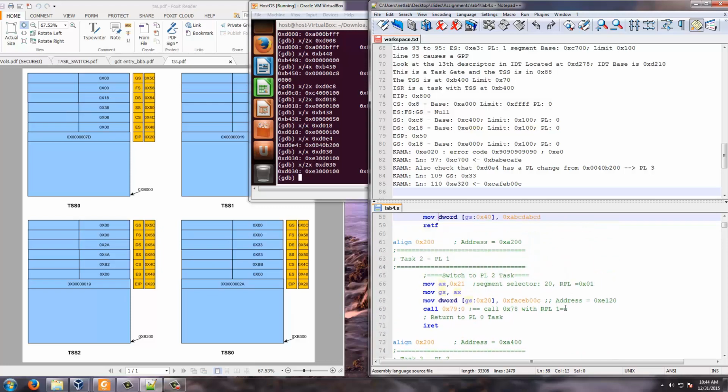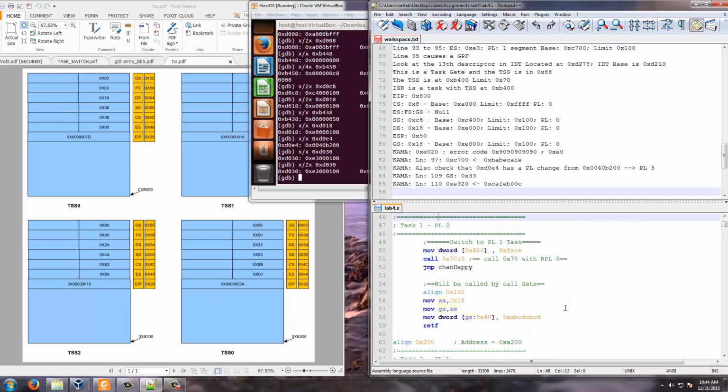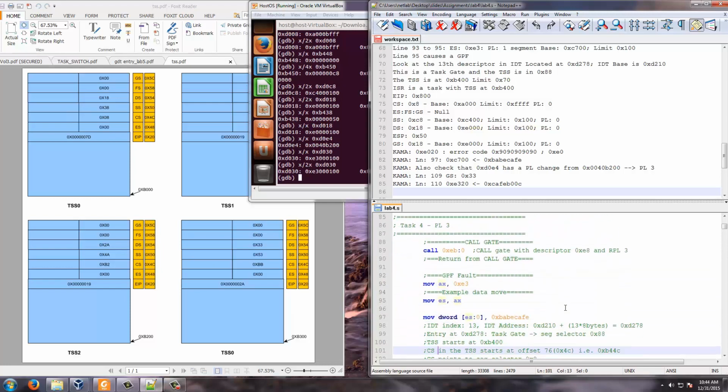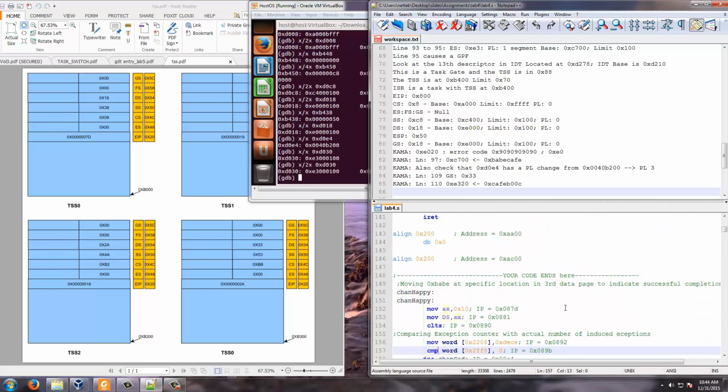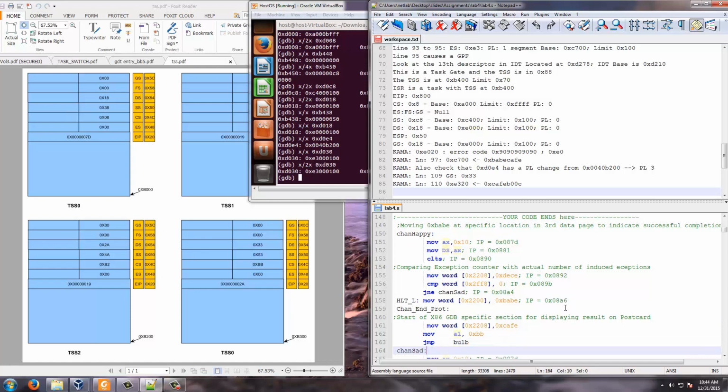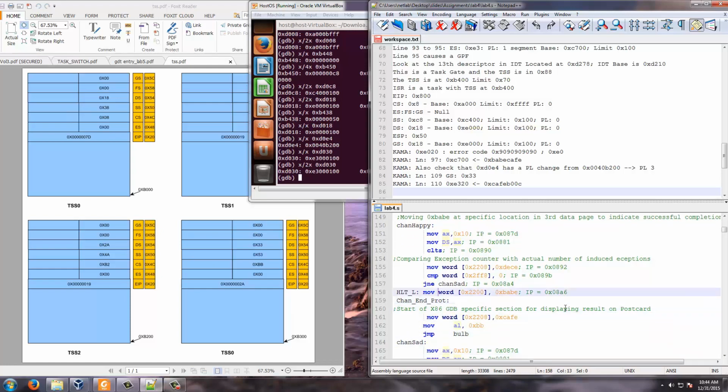This IRET will take me to the fellow who called me. So next to the fellow who called me. So that is this line number 71. So I go to this IRET. This IRET will take me to the fellow who called me, which is this, and from there I jump to ChanHappy. So this is the entire code, and then we do all the other things from ChanHappy. Okay,